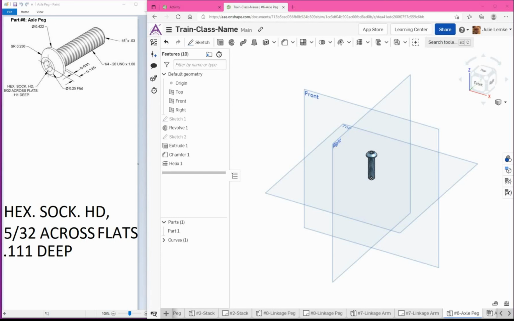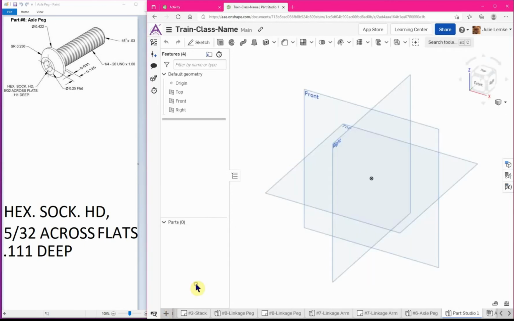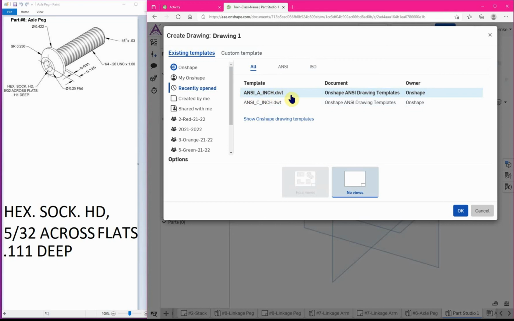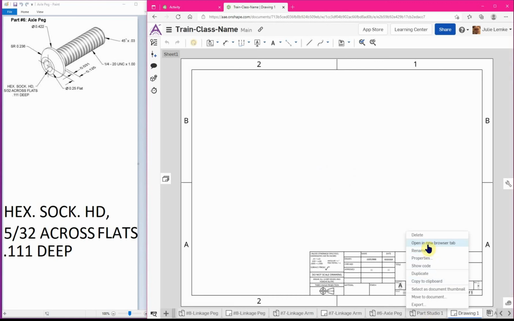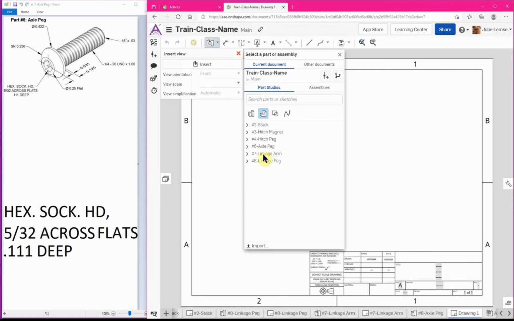In this video, I'm going to show you how to do the work drawing for the axle peg. So we're going to click on the plus sign, create drawing, NCA. Alright, so we're going to go to the axle peg,